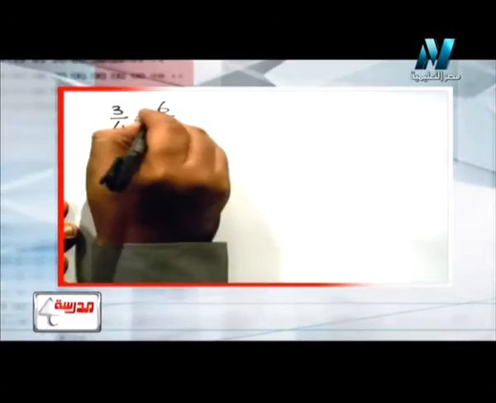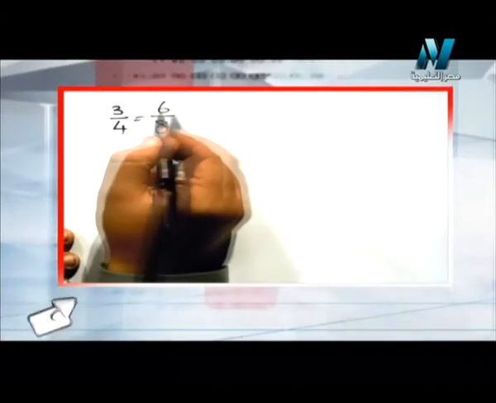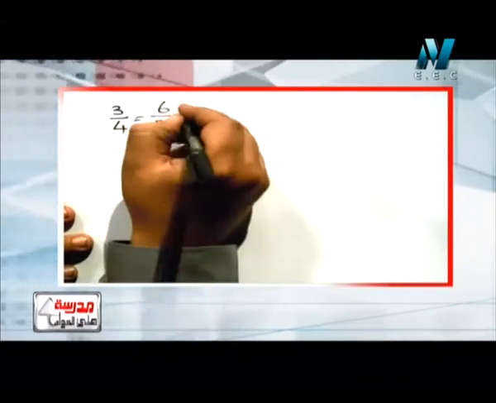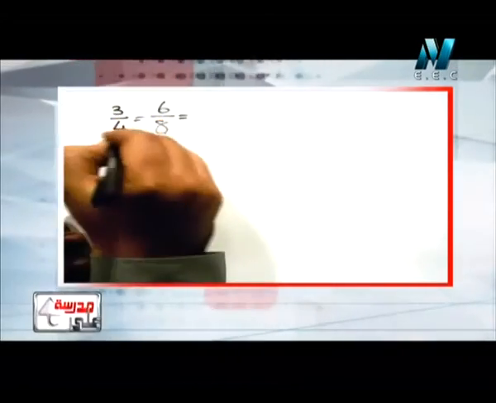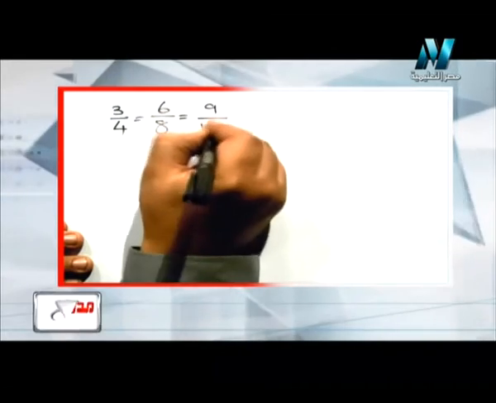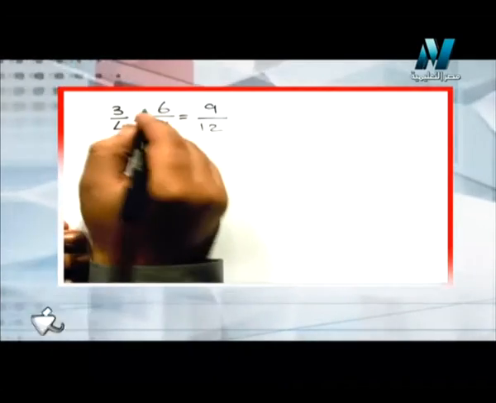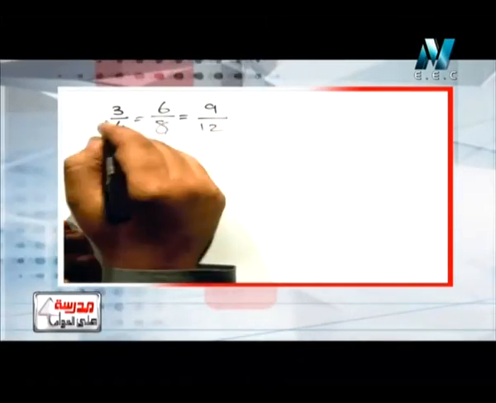So I'm going to explain something to our students: if we have 3 over 4 equals 6 over 8, as you see here, I multiplied 3 by 2 up and down, so we have a new ratio which is 6 over 8. The new thing here is that if we add the numerators and the denominators, we have a new ratio which is 9 over 12, and we are surprised that in adding the antecedents, or the numerators, together and the denominators together, we got a new ratio equal to these two ratios,